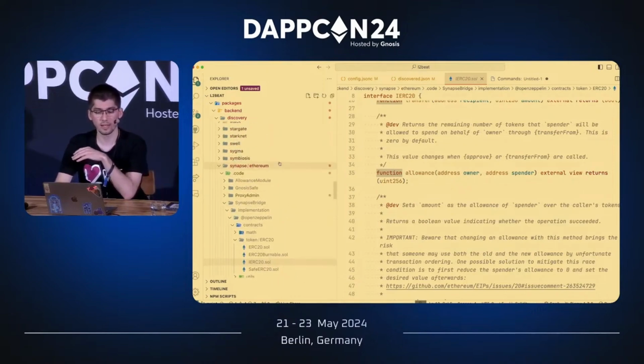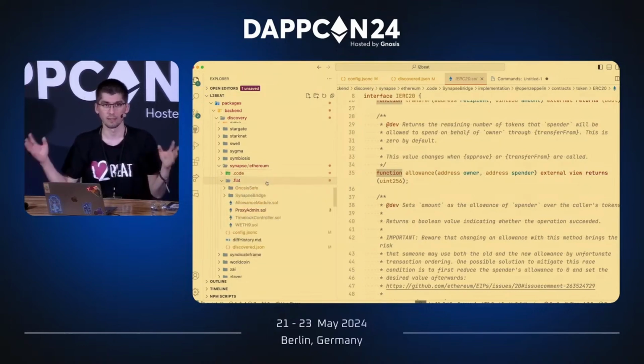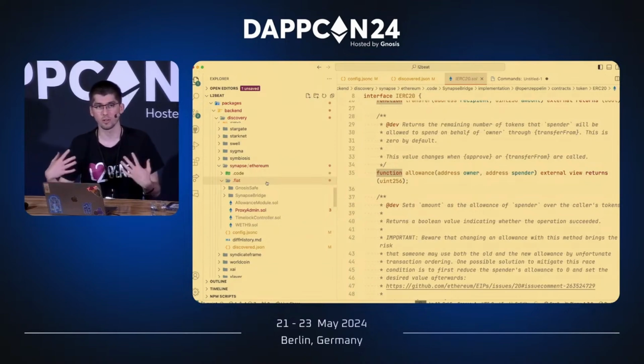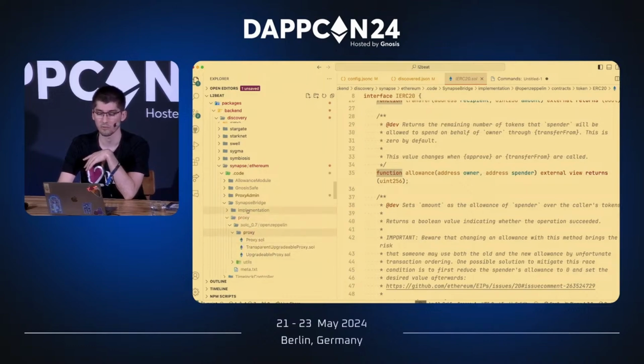And this is where the next part comes in, which is we're not. The best part is it's all automatically flattened into a single file. We remove the unused stuff so that it's very easy for a researcher to actually read the source code. So now, instead of having those two folders, the implementation and proxy, and all of those have nested folders, and you're going to try to figure out what's what,